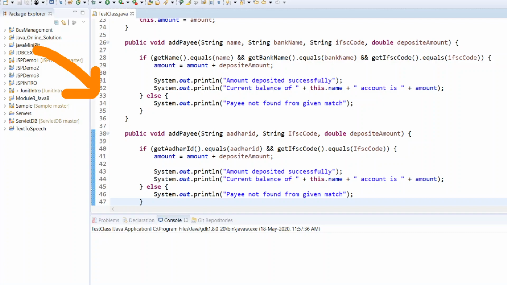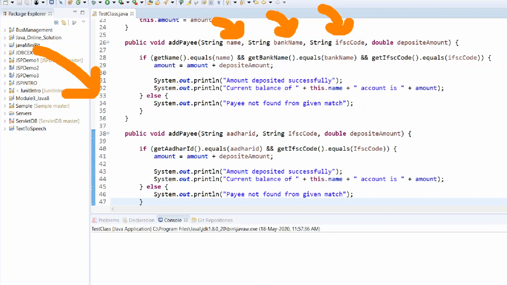If I use this getName, it simply returns the name. The returned name I'm going to check with the arguments that the user has entered. So that's why I have represented if getName dot equals name and getBankName dot equals bank name and getIFSCCode dot equals IFSC.